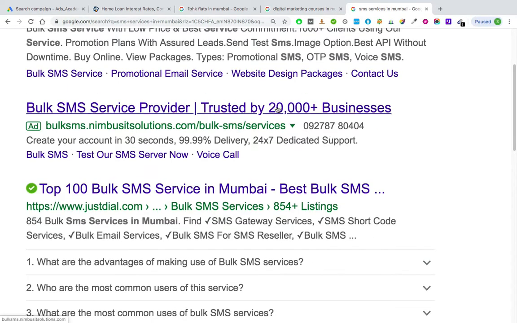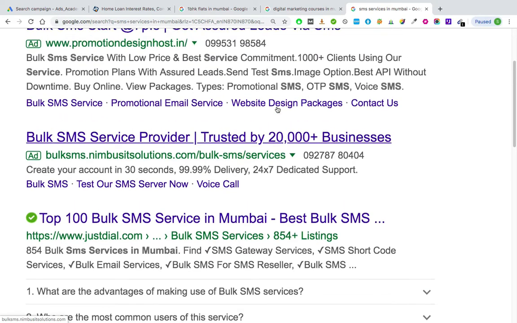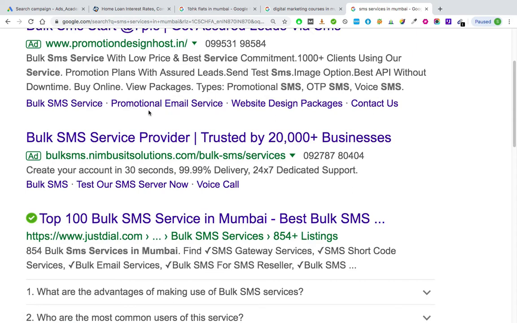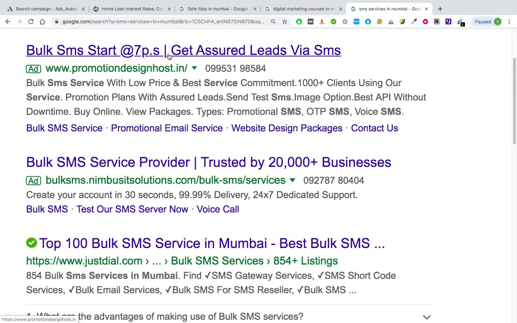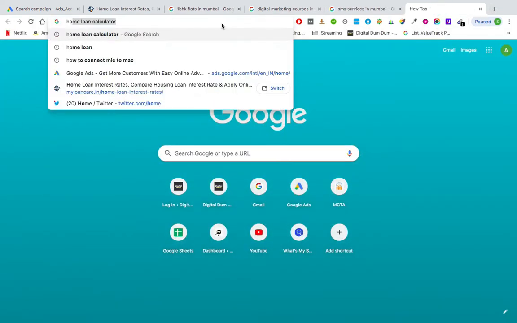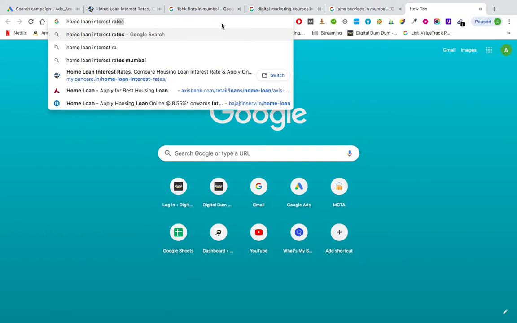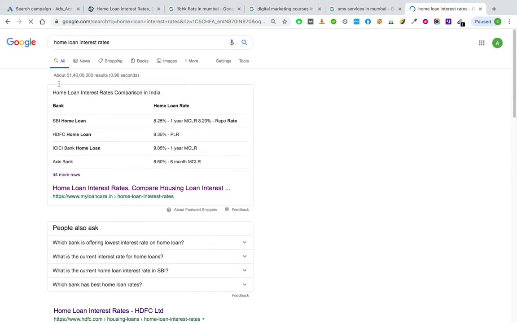Okay, so site links are additional links to other important pages, but these pages should be related to the current product you are marketing. These pages, the links, should be somewhat related to the current product that you are marketing. For example, if I go ahead and search for home loan interest rates, no ads over here.